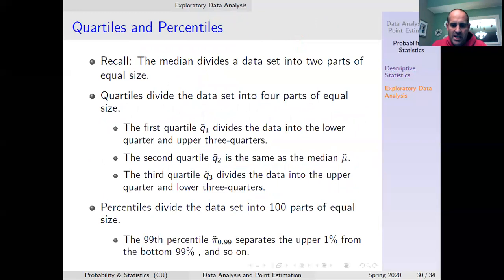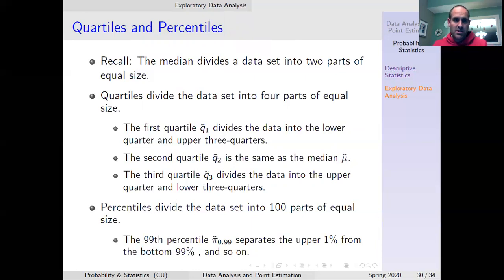So let's talk about quartiles and percentiles. We've already talked about percentiles in the context of continuous distributions, and we used the cumulative distribution function to find percentiles. We used Excel to help us out in some cases to do that. But here we're going to just revisit the notion of percentiles, and specifically we're going to be interested in something